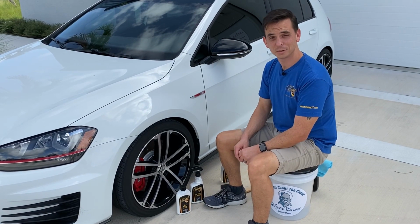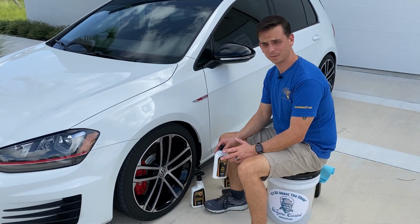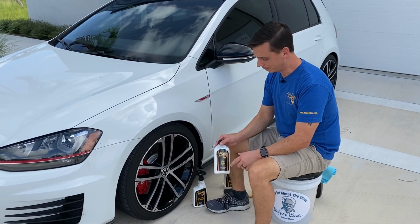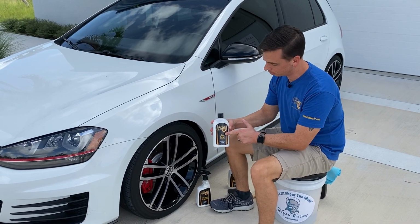Nick Rudder from McKee's37.com. For years we've sold our gloss tire gel. It's been one of our best sellers, and today I'm excited to showcase the all-new formula, aptly named Gloss Tire